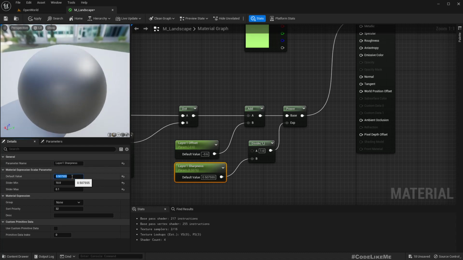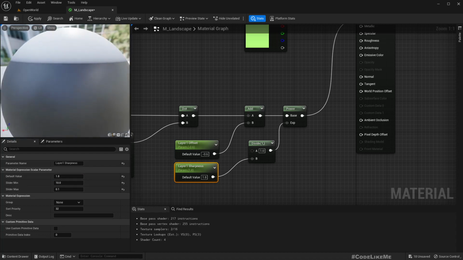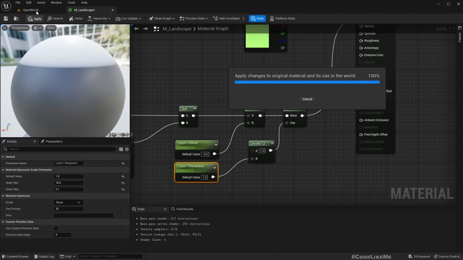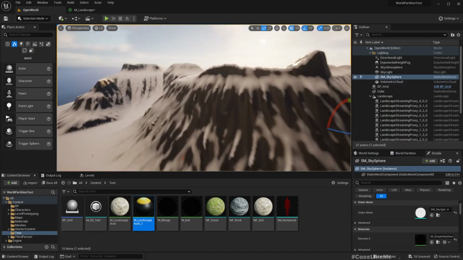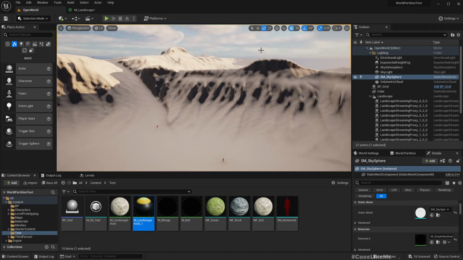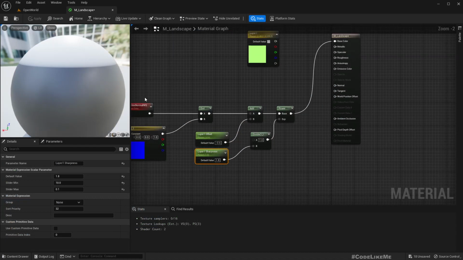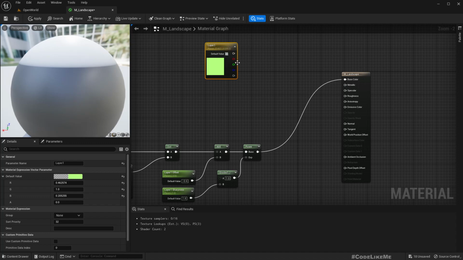So let's keep something like 1.5, like this. Right. Okay, now we have 2 layers. Okay, but the color is completely based on this calculation. So if we need to have 2 colors,